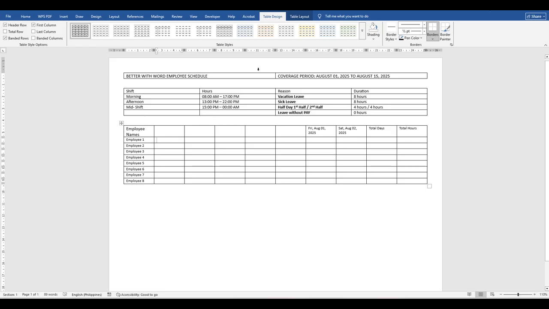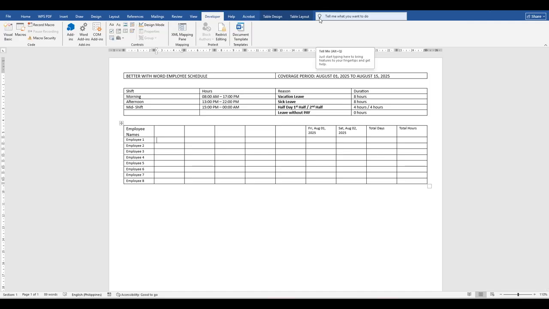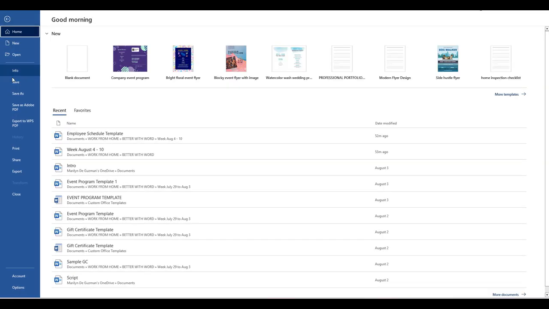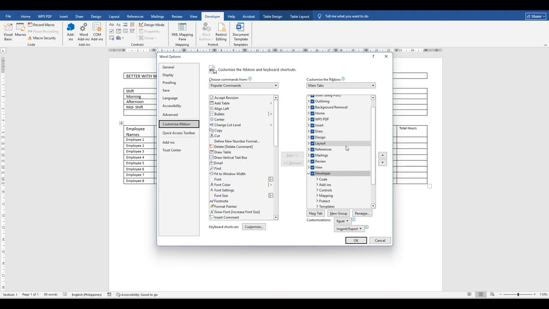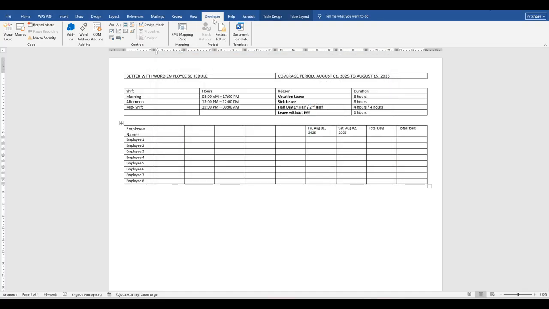Once you are here, you go to the developer tab. What if, for example, you do not have the developer tab in your Microsoft Word? For you to enable that, all you need to do is go to the File tab. You go to Options here. Then you go to Customize Ribbon and make sure that developer is checked. Then you click OK for it to appear here on your ribbon, on your tabs. Okay,